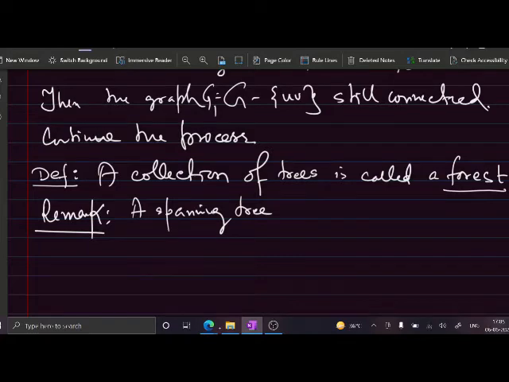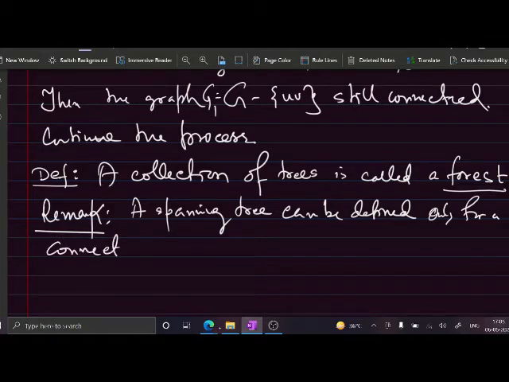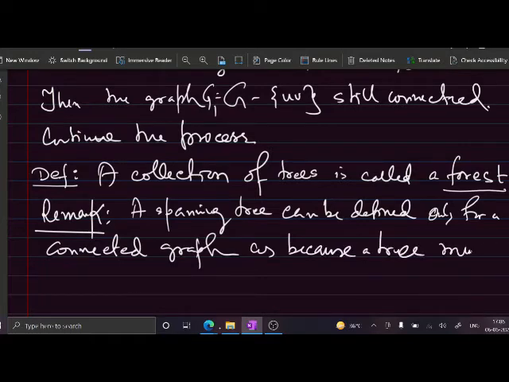A spanning tree can be defined only for a connected graph, because a tree must be connected, right? A tree must be connected,